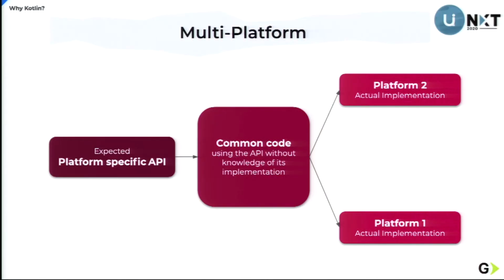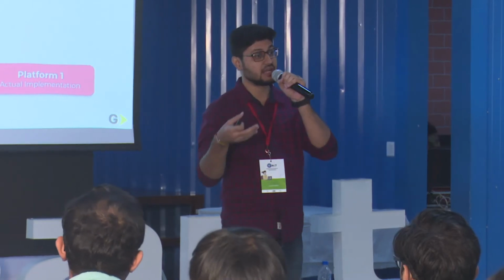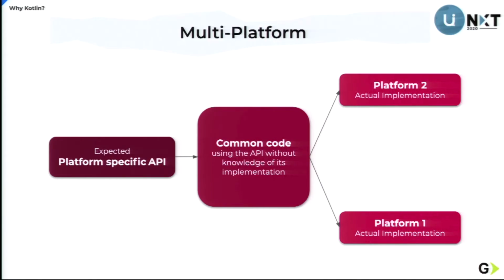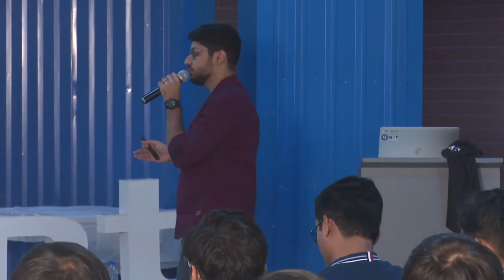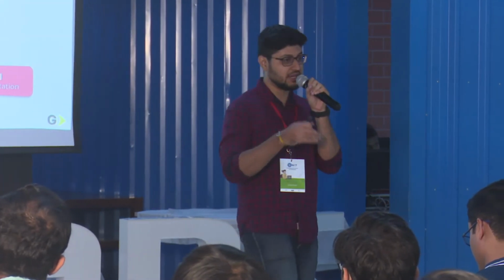So all your code will be in the shared place, along with the platform-specific API, because certain ways that iOS does things and certain ways that Android does things will be present here in the common place, along with the functions that use that code. Those functions you can just port and give them targets. For iOS, you can give an iOS target, and for Android, you can give a JVM target, and many more. So you can port them out and use them in your platforms agnostically. That's really cool because this reduces the time to build, and this creates a single source of truth for all your common code across projects.